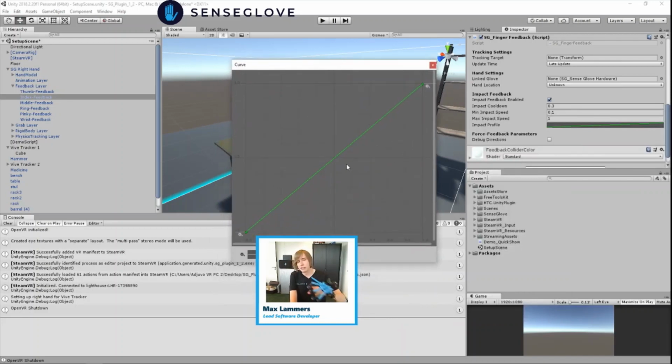Right now I have it set that if I reach my minimum impact speed, there's just very little force feedback, and if I reach the maximum at 1 meter per second, it reaches the maximum vibration that this finger can give. Unity's curves allow you to choose different preset profiles,